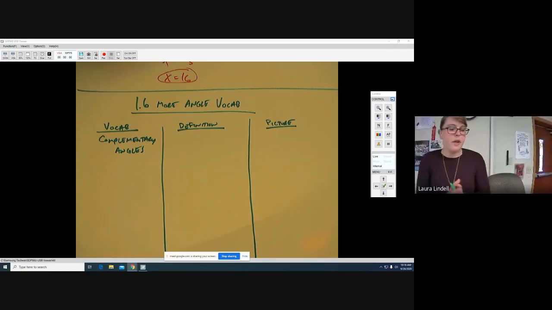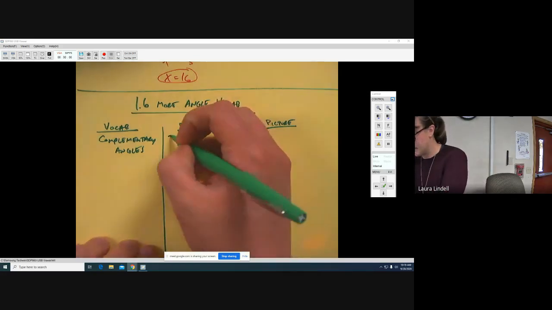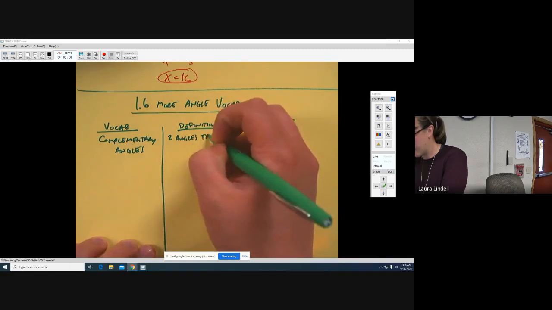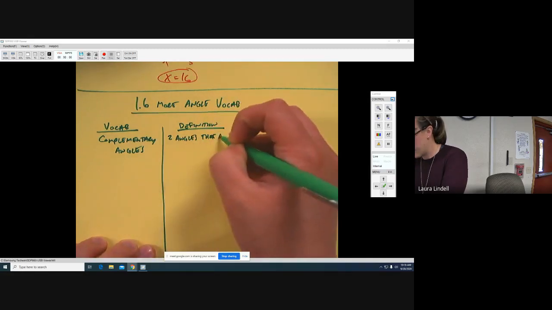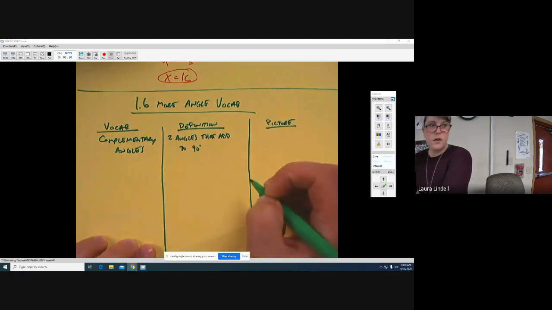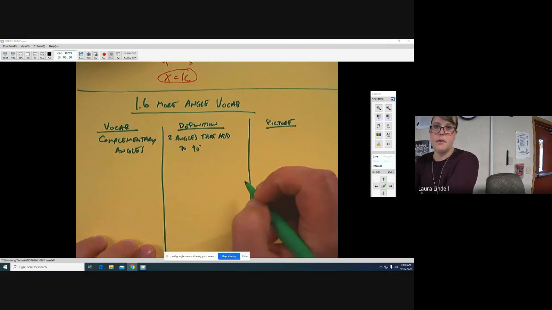Okay, here we go. So more angle vocabulary. We've got complementary angles as our first one. Complementary angles are two angles that add up to 90 degrees. So for example,